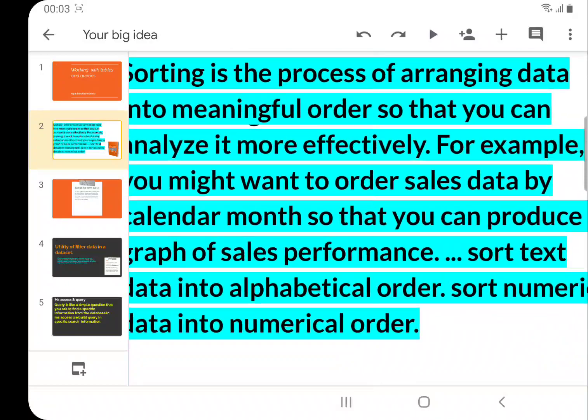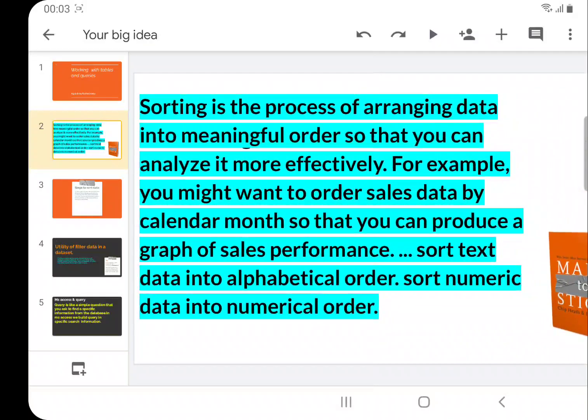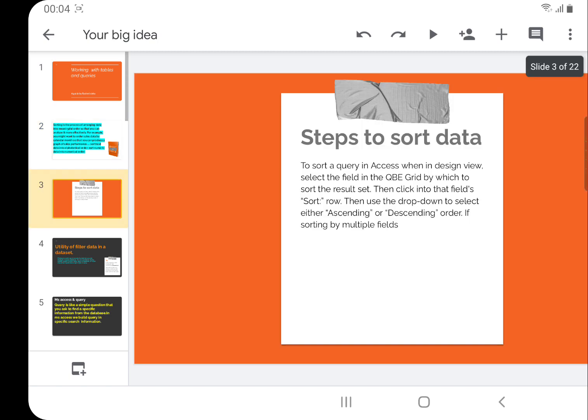This means that if you want to sort your data in ascending or descending order, or put it in alphabetical order, or date-wise order, like in a mall where we sort the data by date or by product name. Okay, so this is all about sorting. Now let's move to the next.